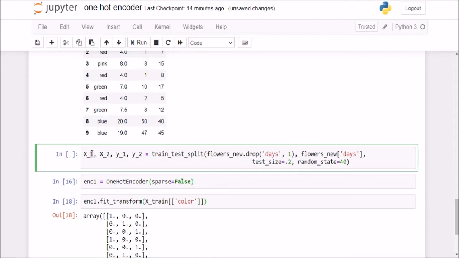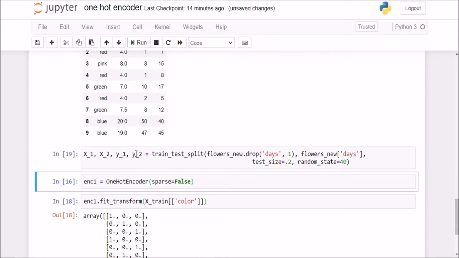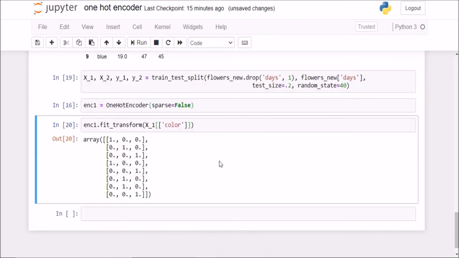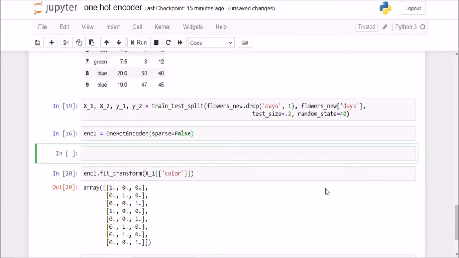Okay, so x1 is my training x, x2 is my testing x, and similarly for the y's. So this is my new training and testing data. Now I don't have to do it on xtrain but rather on x1. Now you see what has happened is, if I check what was my